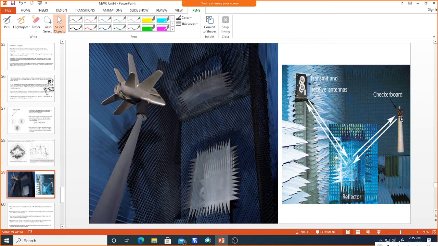We can consider this a target like an aircraft. Here is another device, a kind of checkerboard antenna, with which we can estimate the RCS. Assume the aircraft is here, and it reflects here, and you can get the energy here. Because if you directly transmit and receive, the antenna will not have maximum gain, and at different angles we cannot receive. So we rotate this reflector, and we can get different angles of incidence and get the RCS.